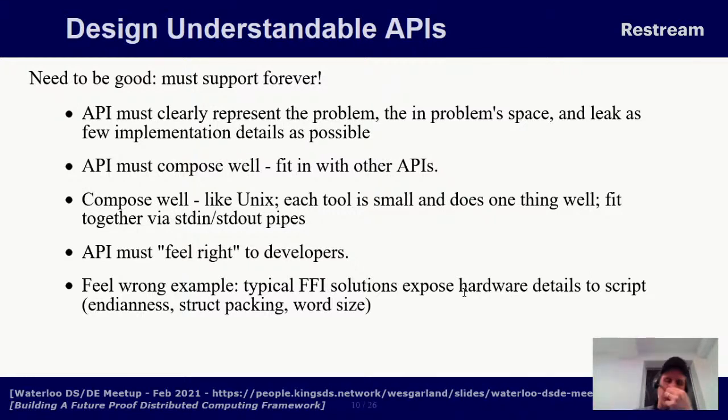So APIs need to feel right to developers too. This has something to do with clearly representing the problem, but there's also kind of an "I know it when I see it" feeling to API design. It really is important in making things